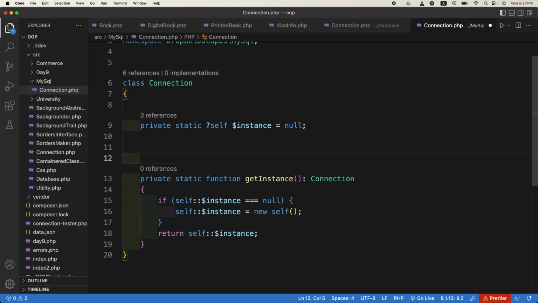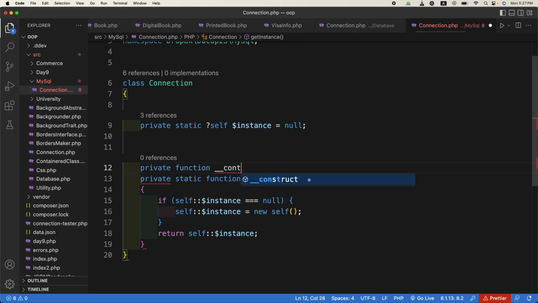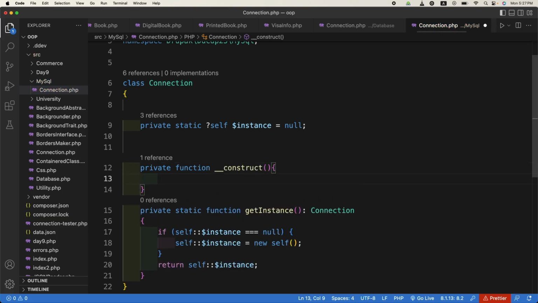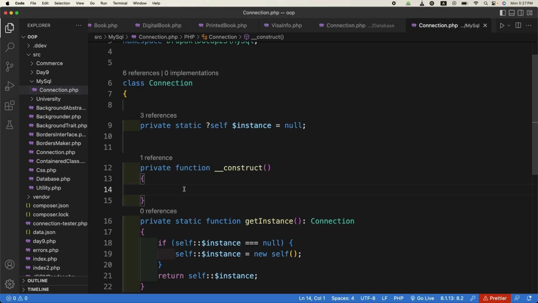The first thing is we will create a constructor. So you can get back to the previous lecture for this connection.php file we had written, but we are adding extra stuff into it. So private function __construct, this is going to be the constructor for this class, and here we need to make two variables for now. The first one is maybe config. It's just a local variable, config, and here